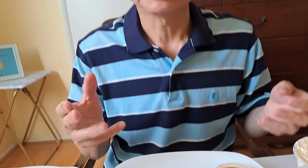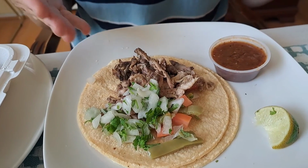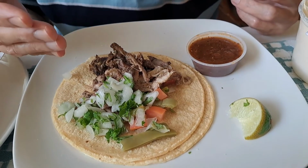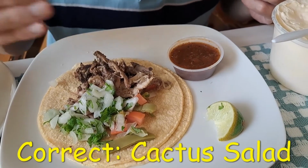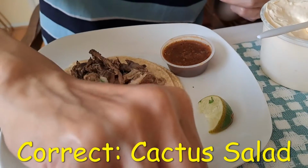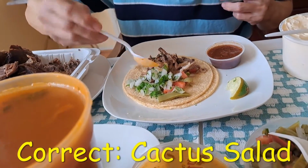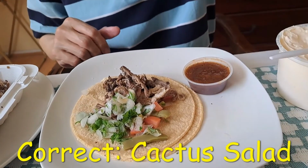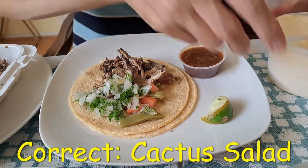We're gonna make our own taco. So we have the fresh corn tortilla, and we got lamb barbacoa, and cilantro, onion, and the bean salad comes with the bean and tomato. So now let's put some lamb juice. Okay, so that's the lamb juice, and then we put some lime juice, and then the